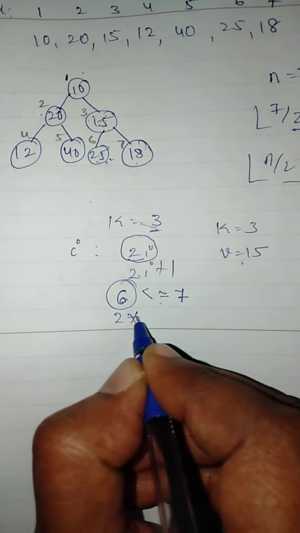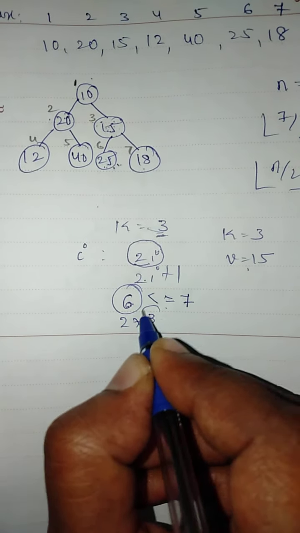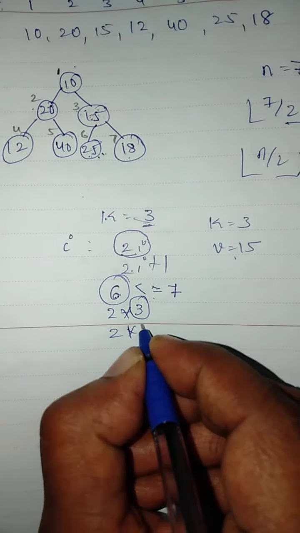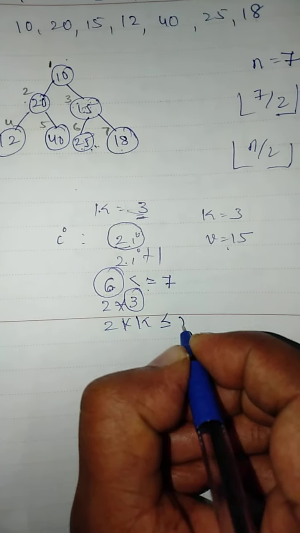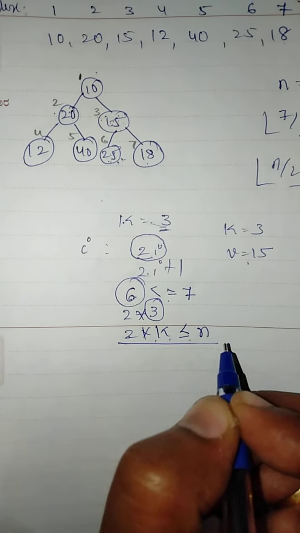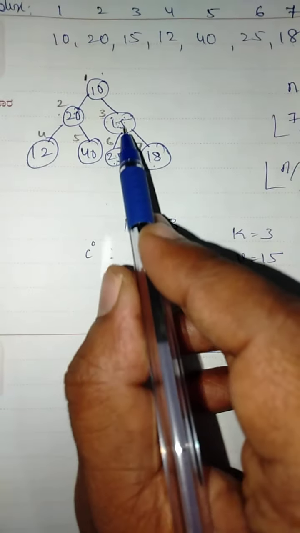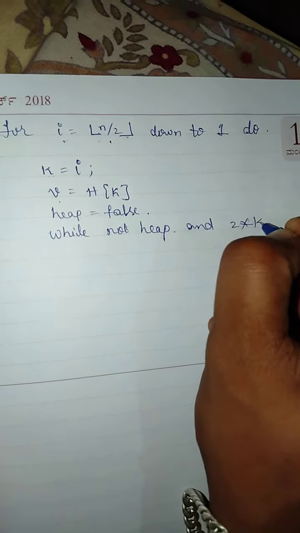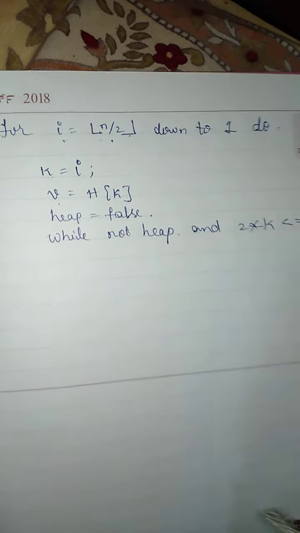It is 2 into 3, and this 3 is nothing but k. Therefore 2 into k less than or equal to n. So if at all 2 into k less than or equal to n, yes, we have still the tree. Therefore while not heap and 2 into k less than or equal to n,